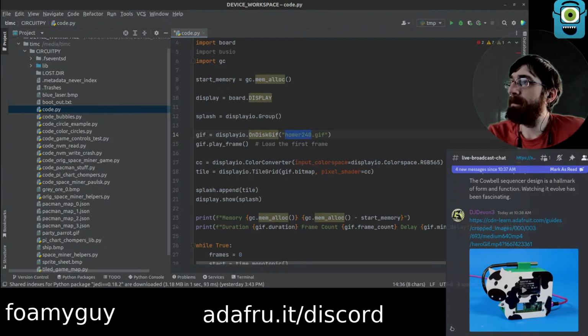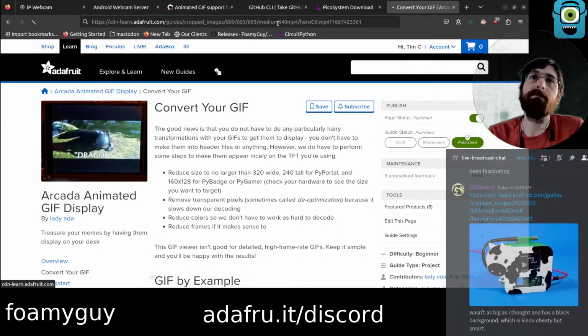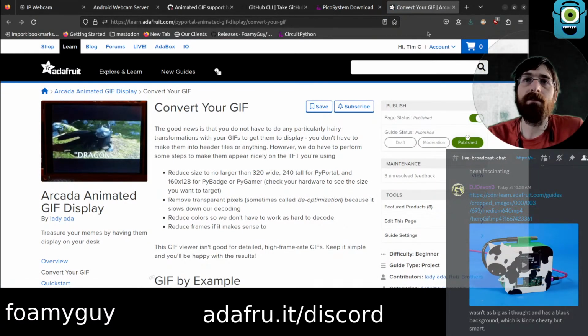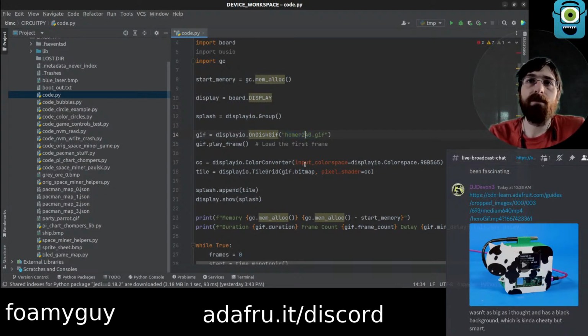Hero GIF. Oh, okay. There's an outline of one. I'm gonna try the color one. Party Parrot.